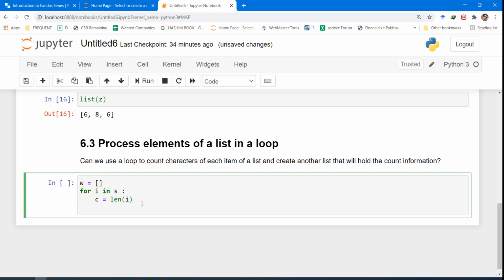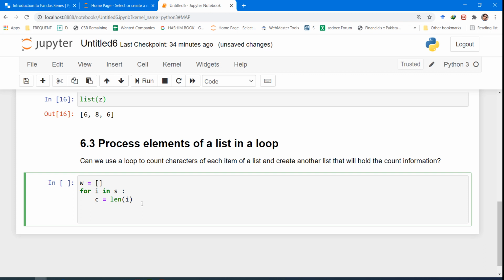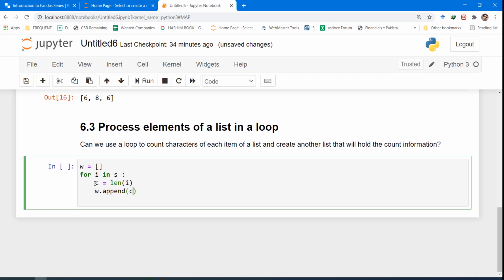And now let's remember the method of append. So W dot append, and then we shall append the variable C that we found here.